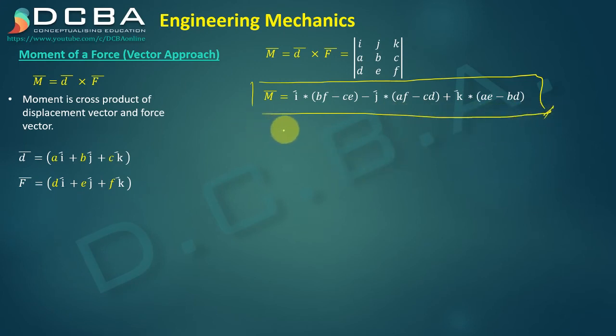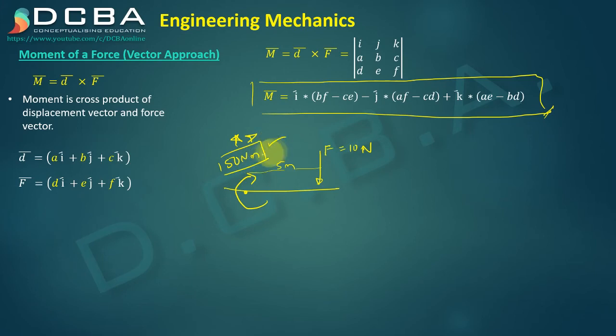Now, the moment in its vector form is not as important for me, because what I actually need is the value of the moment about a particular axis. See, if there is a force and I want to take the moment at this point, let us say the distance between them is 5 meters and the force is 10 newtons. So the moment at this point will be 10 into 5, which is 50 newton meter, and this is more important to me.